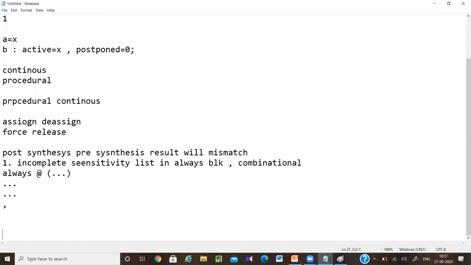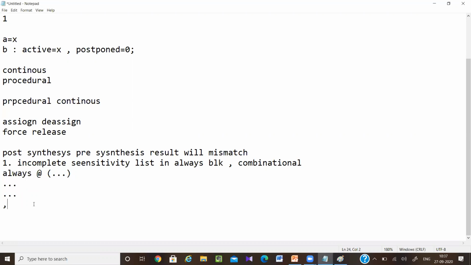What does my synthesis tool do? When synthesizing, it will just take these statements into account, not the sensitivity list you wrote. Whatever statements you have written, AND gate, OR gate, addition, subtraction, according to that it will build the combinational circuit.